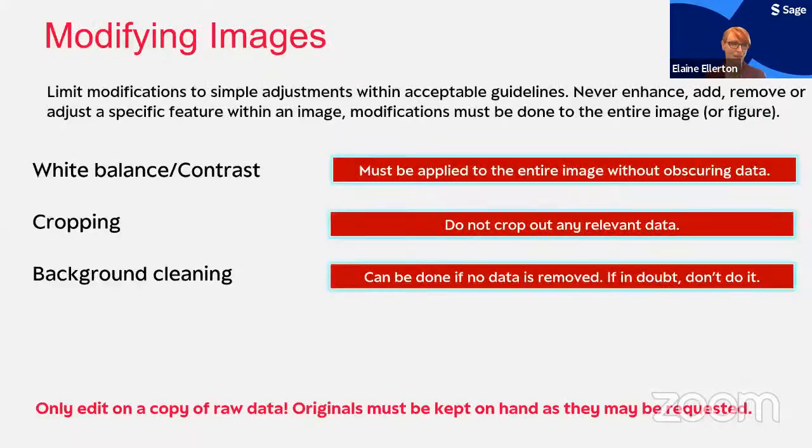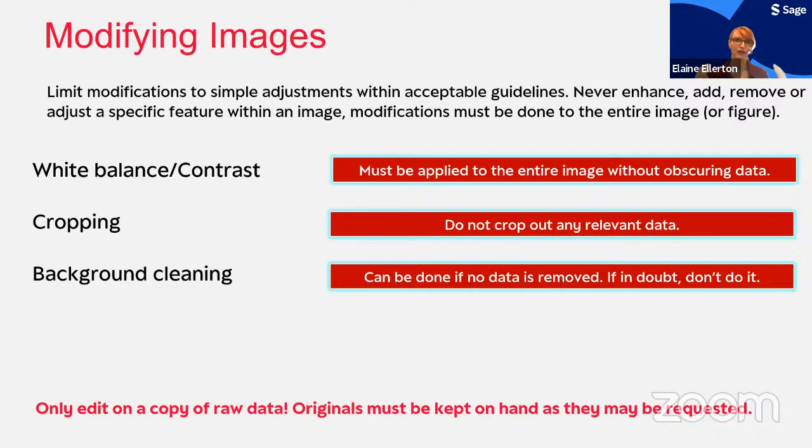So some simple adjustments are okay, and there are some guidelines. As I mentioned, you never want to add or remove specific features within an image. And if you are going to do something, it is critical that you do it to the entire image.